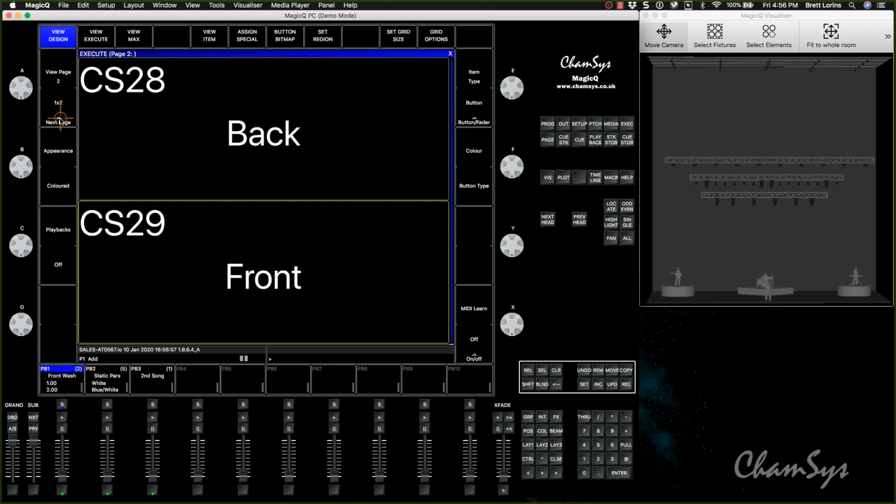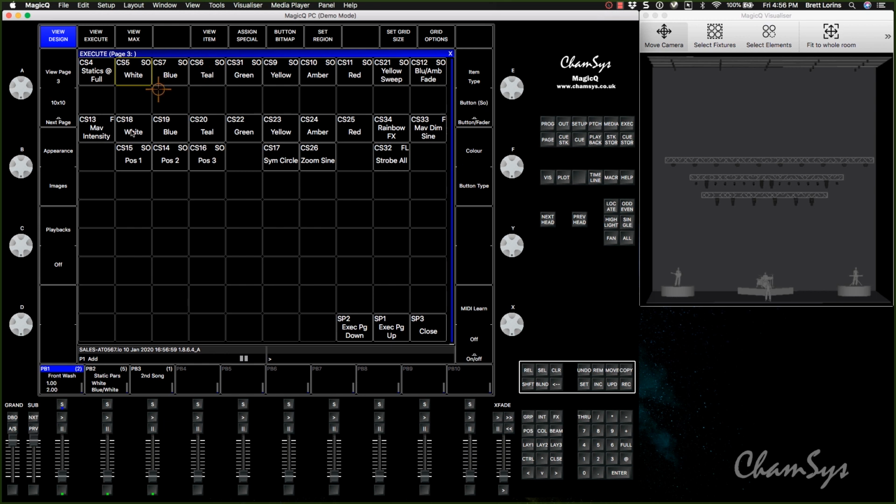I've created another one on page 3 here that has a lot more stuff going on, and we can get into these functions, how you save items to the execute page, and once you've saved items there, how you can manipulate the function of the buttons and what they do for you. So, if I get rid of this green one, for example, I'm going to remove it, and now I have nothing there. Okay, so if I go to layout 1,